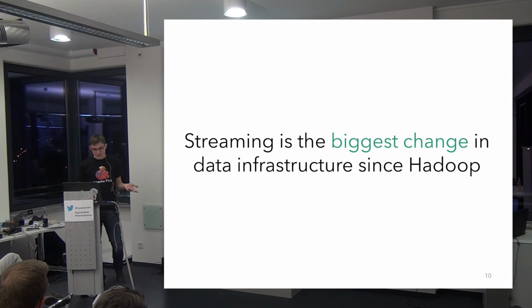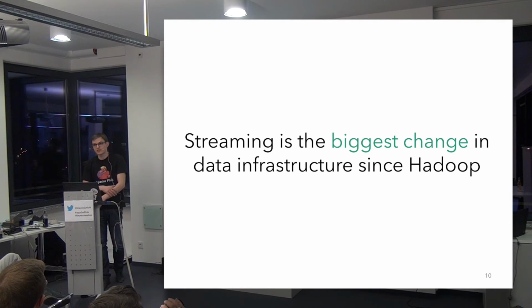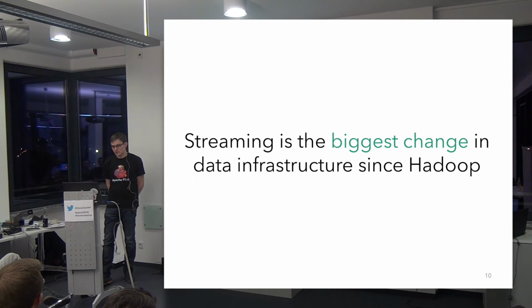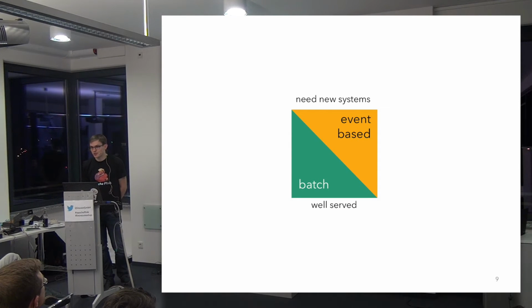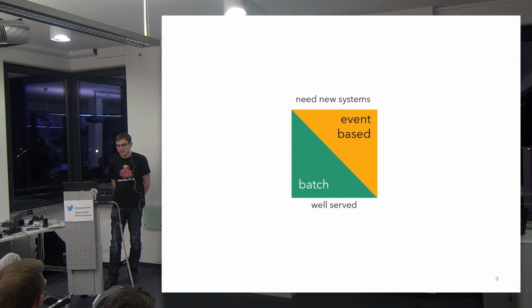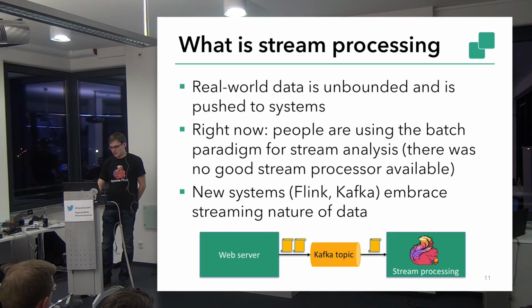And third, you can subsume all the batch use cases with a good stream processor. So you don't need a batch processor, you can just use your streaming system to also run your batch use cases. At Flink Forward there was a great talk by Google, and this is also the direction where Google is going. They are also replacing the existing infrastructures with a stream processor, also for batch use cases. So for the batch space, there are very good systems out there. For the event or real-time processing space, we need new systems.